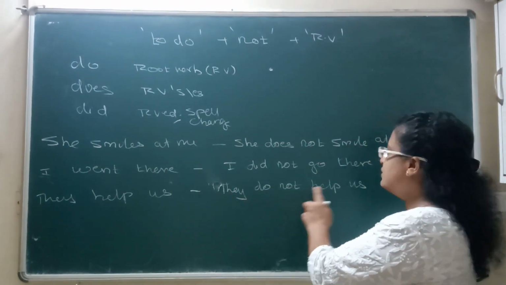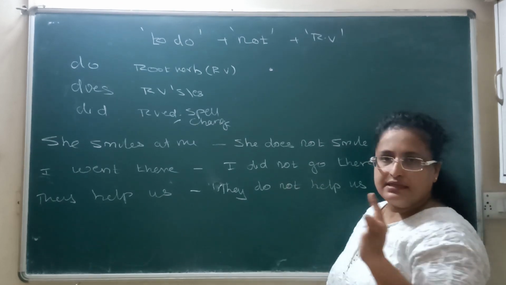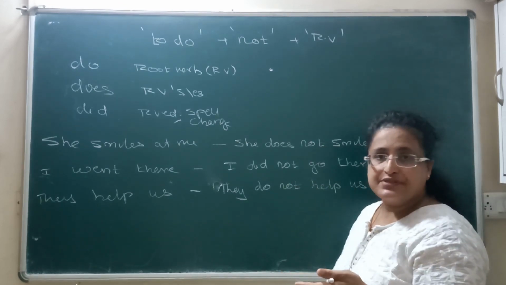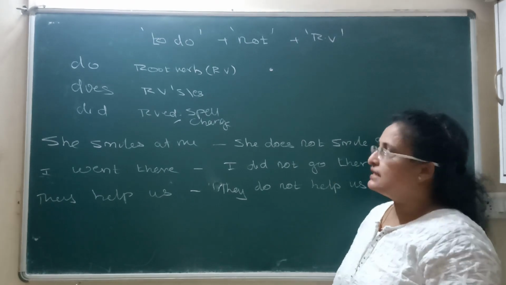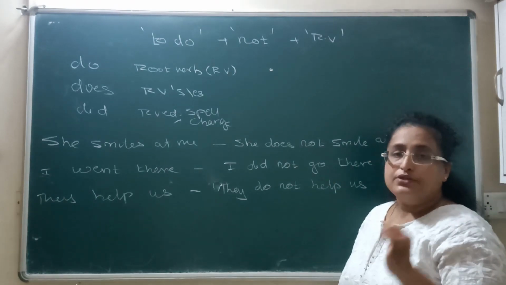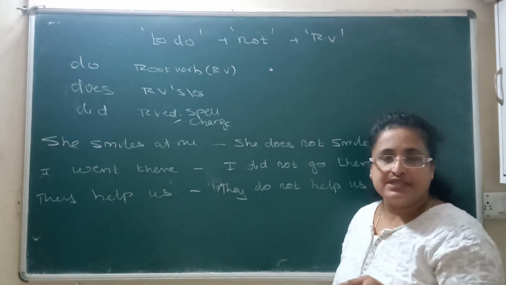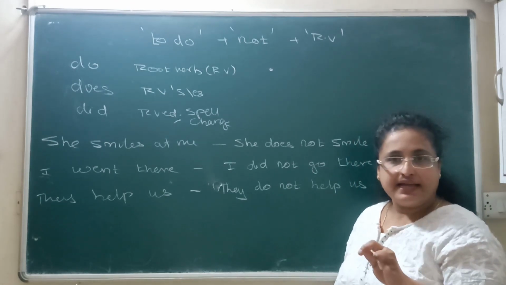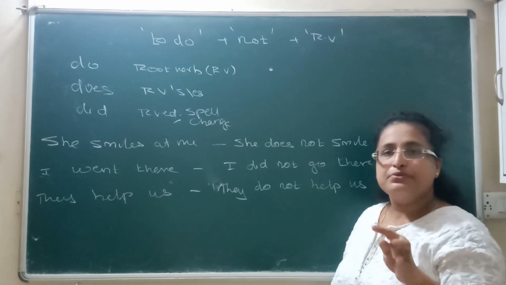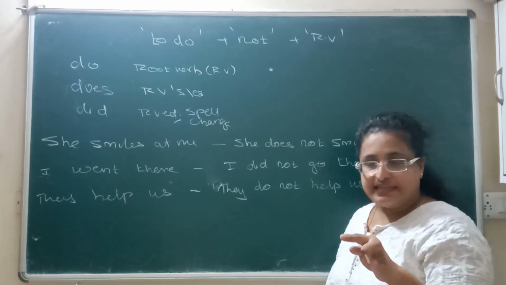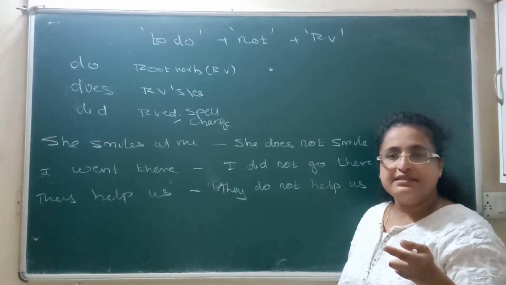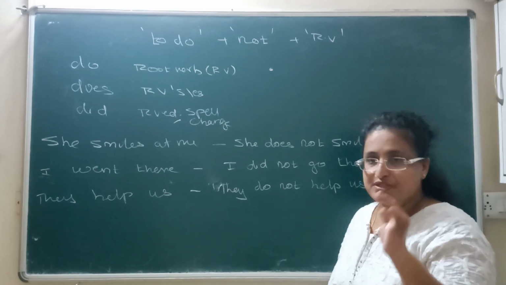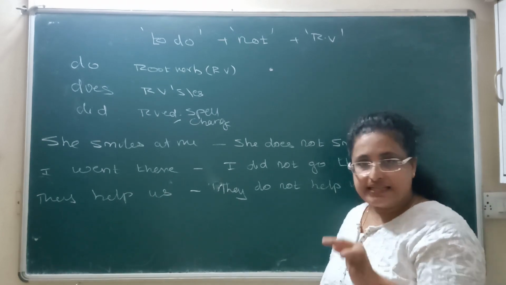They do not help us. This is a 3-way. In another 3 cases also, you are going to use this do, does and did. You know when to have is used as a finite verb. You remember have forms: has, have and had, and these perfect verbs we use for writing perfect tenses, that is aspect perfect tenses, perfect continuous tense, which we had done in the lecture on tenses, if you remember.